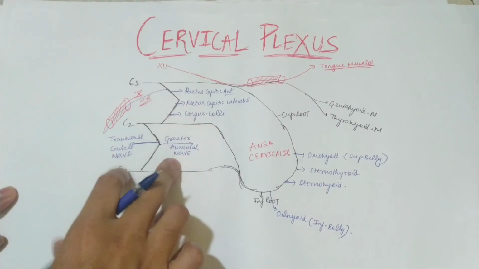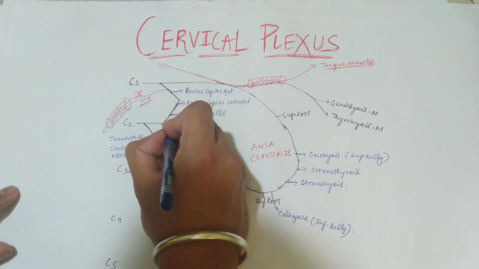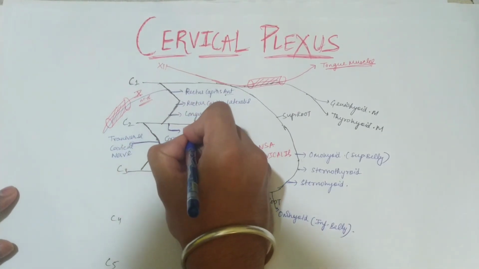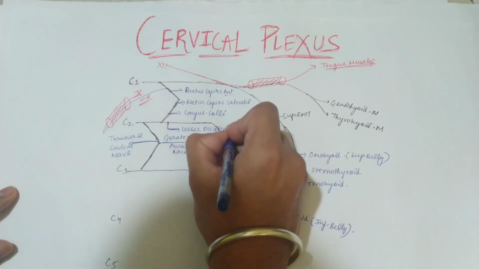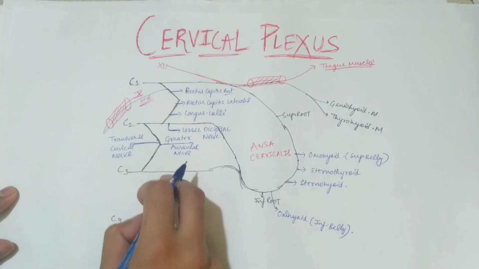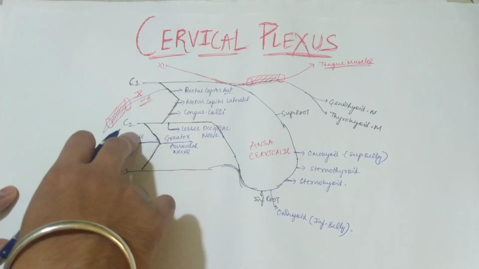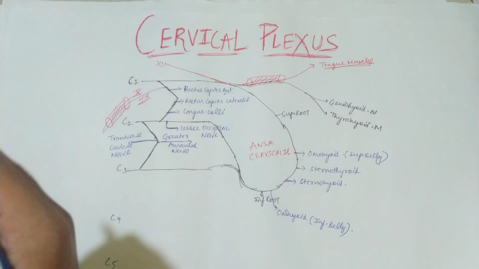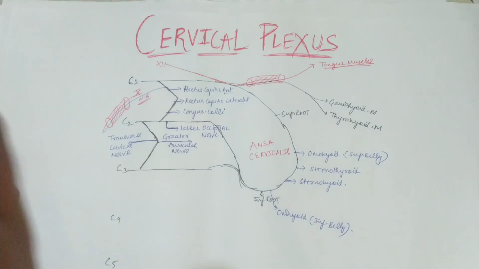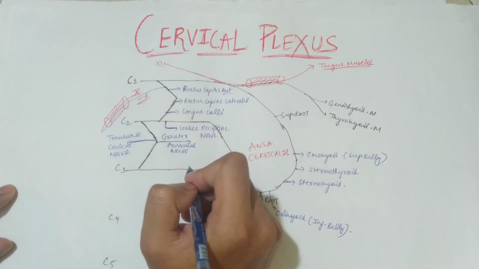So these were two sensory branches of the cervical plexus. One branch comes only from the C2 root, and it is called the lesser occipital nerve. Some say it also joins fibers from the C3 root, but in most books it arises only from the C2 root of the spinal nerve. It supplies the scalp of the occipital region, and the skin around the lateral and posterior region of the neck. So this is supplied by our lesser occipital nerve.